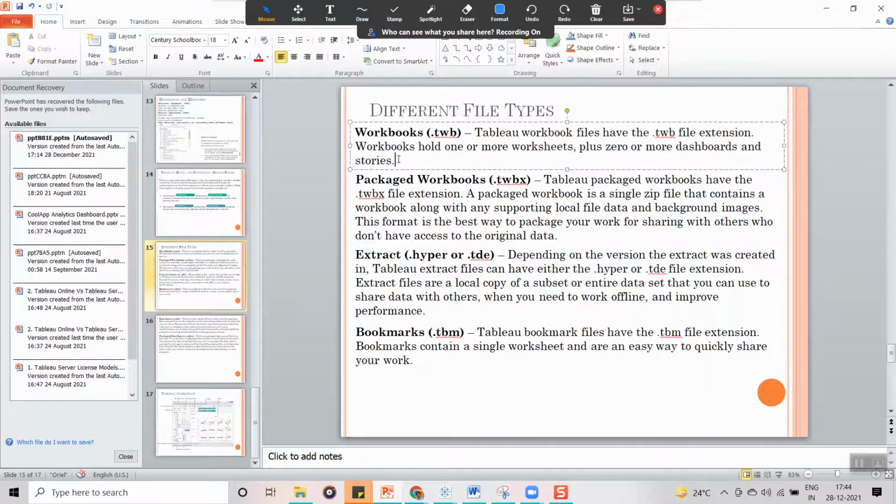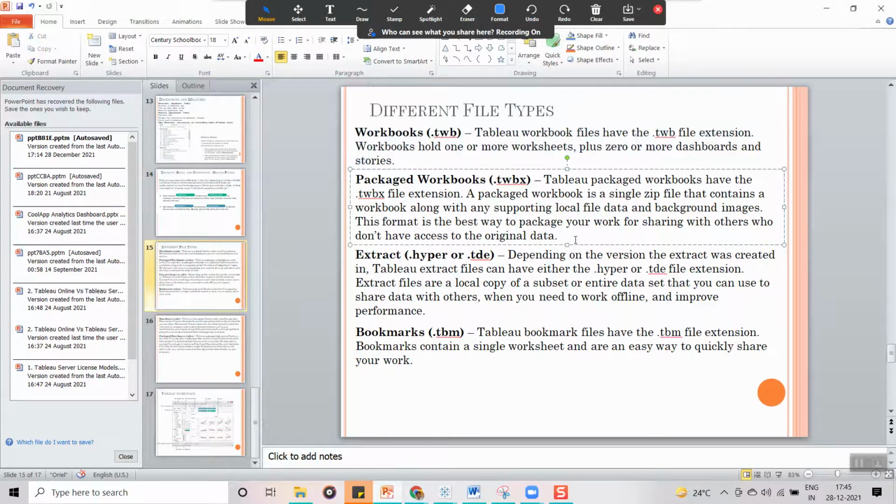For example, you have used a lot of images while developing the report, and finally you share this report with your colleagues. If you shared with twb, then they cannot see all the images you have used in the background.